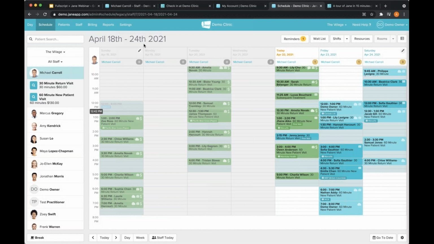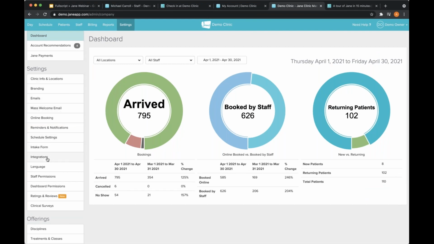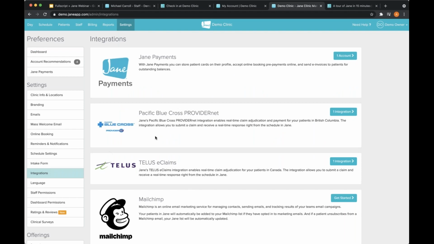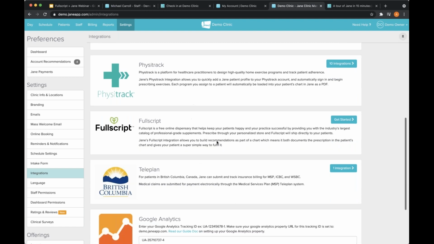Perfect. Yeah, and so the last question is actually a Fullscript question about how they're able to integrate their Fullscript account. I can touch on that a little bit, and you can show where you'll be able to set that up in Jane. The first one, of course, is to sign up for Fullscript. It is free. All that we require from the practitioner is their credentials when signing up for a Fullscript account. It's any professional credentials that they might have. That gets reviewed by our quality team at Fullscript. When you're approved, you're ready to go. You're ready to start recommending supplements.